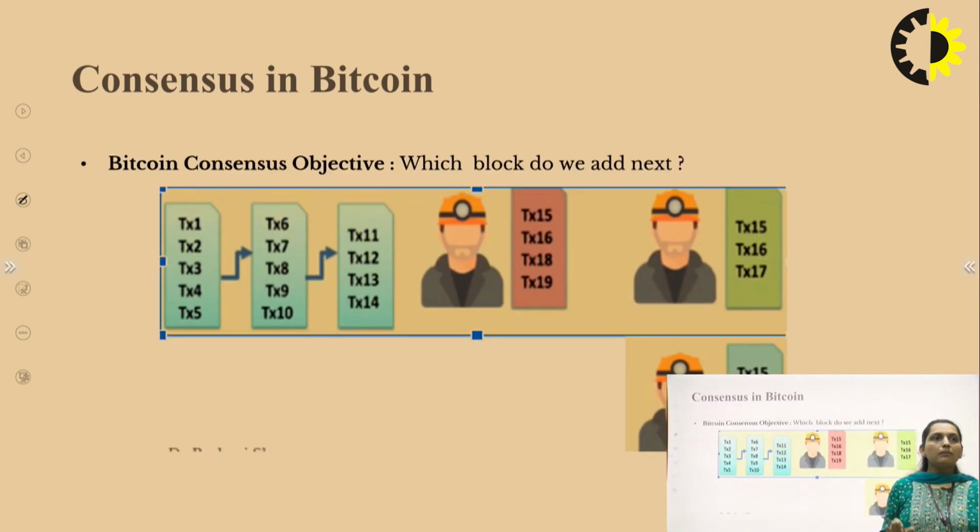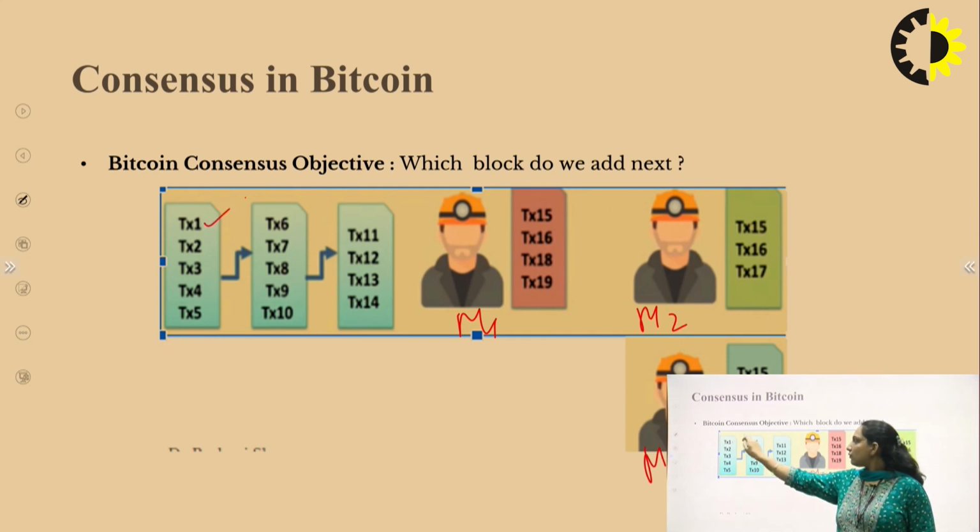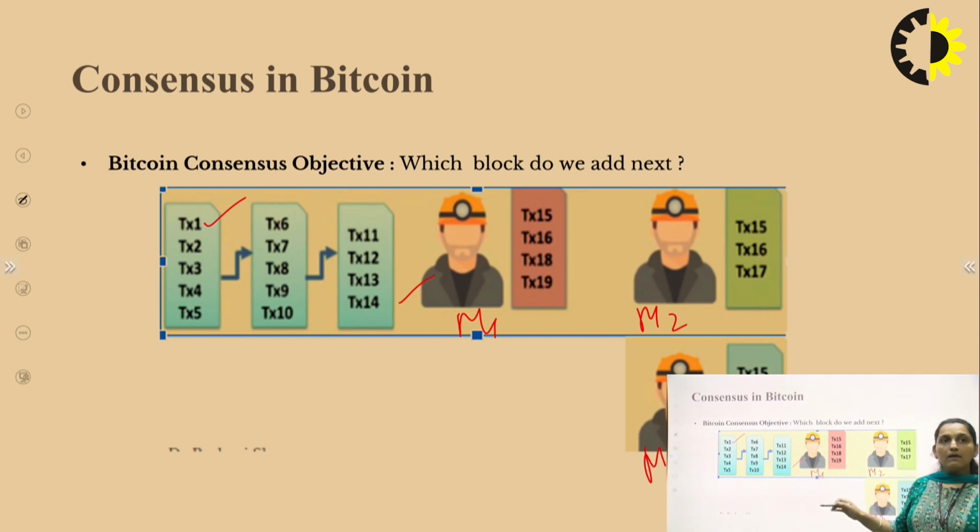When we have a blockchain objective, the Bitcoin consensus objective, in which we have a chain of blocks, for example we have miner 1, 2 and 3. We know that once transactions 1 to 14 are committed, we will go for 15, 16, 17, 18, 19. All these transactions have to be committed because the transaction numbers are given in increasing order. Which transaction has to be committed and added to the blockchain is our task, because we have 3 miners with resources, and those resources have to be provided to them.